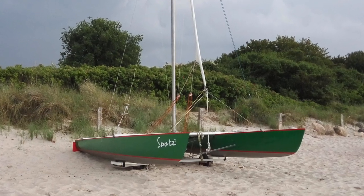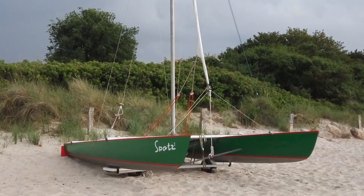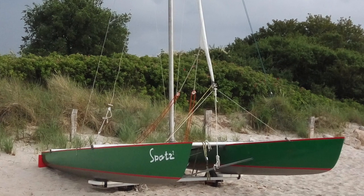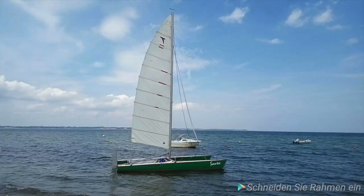I don't know if it's his brand. I should have looked it up, really. Hans's father fitted the boat with a rolling jib and invented the main sheet system for this job. When Hans's father passed away, sadly, the boat was passed on to Hans, and Hans absolutely loves his Tornado. This year he's done this stunning paint job on it, and I think you'll agree the boat does look